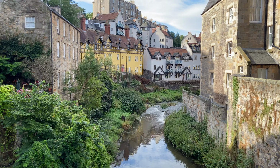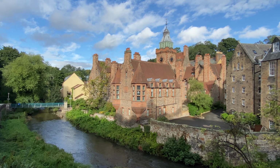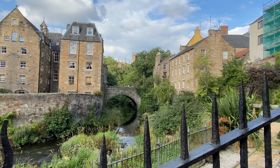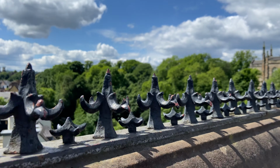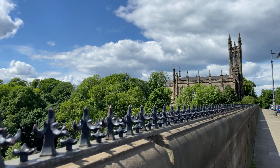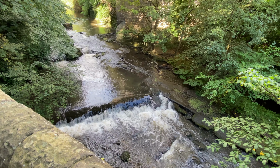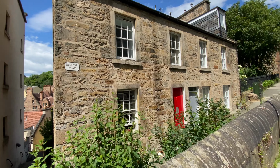Tucked away just a short walk from Edinburgh's city centre, Dean Village feels like stepping into a forgotten storybook. Once the heart of the city's milling industry, this riverside haven is now a picturesque mix of history and charm, where ivy-covered stone buildings and winding cobbled paths whisper tales of the past. With the Water of Leith flowing gently through, Dean Village is a favorite spot for visitors looking to soak in